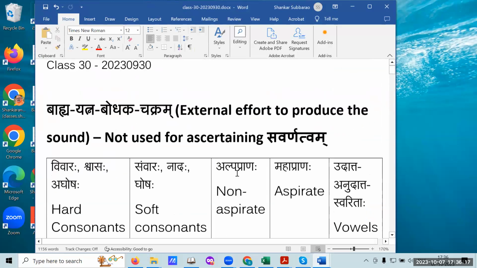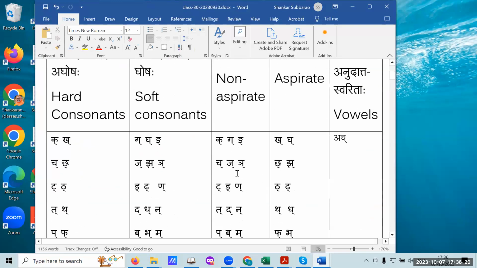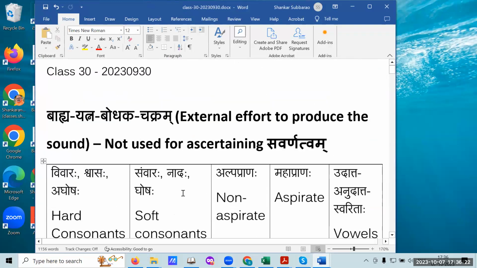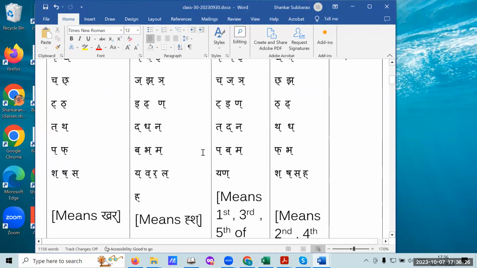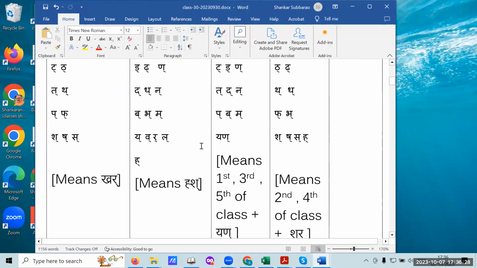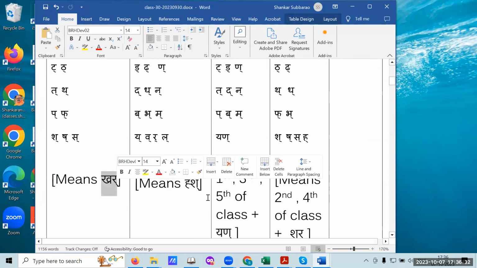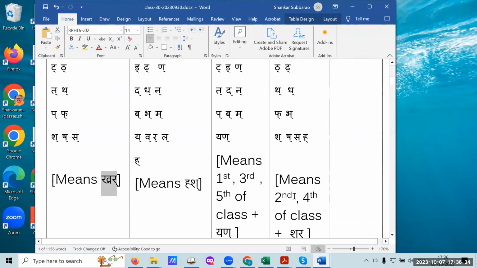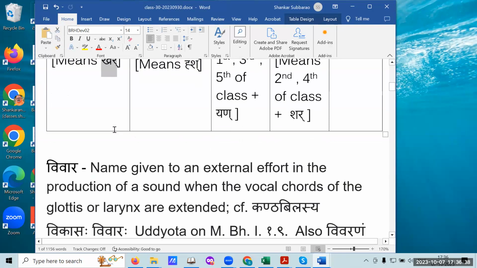As I said, basically you have to understand there are two classes. One is hard consonants, one is soft consonants. And then you have Alpa Prana and Mahaprana. Khar is the hard consonants, Hush is the soft consonants, and Mahaprana and Alpa Prana tell you which has more breath and which has less. Then we saw